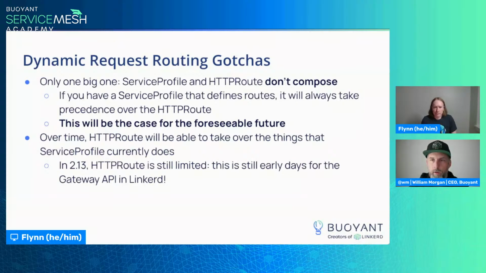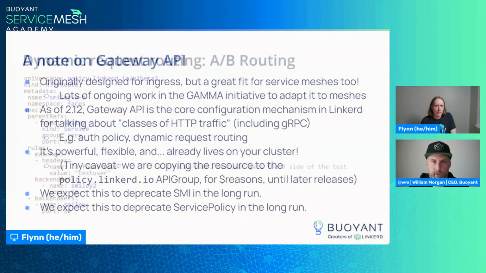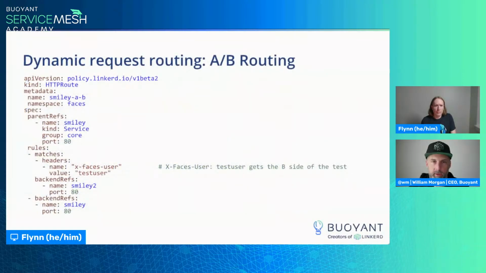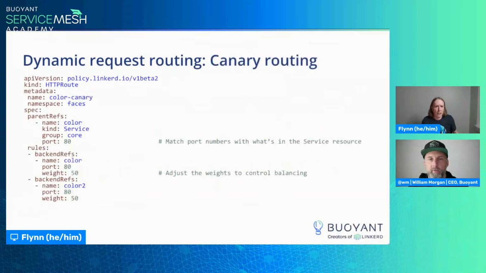Actually, I have one more point I want to make here. Is this the end of the dynamic request routing stuff? I believe it is. Can we go back to one of the examples? Because here's something that I had to wrap my head around a little bit, which is this policy that we're describing as routing policy. We're describing it in the context of a destination, right? Like in the context of this smiley service or this color service. I decided to back up to color just to get the header matching thing off the screen.